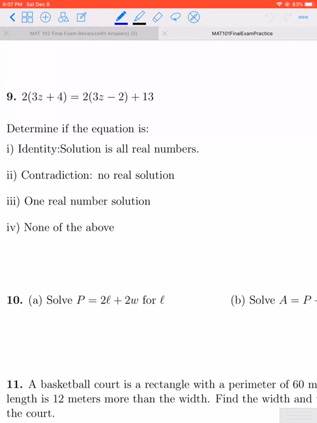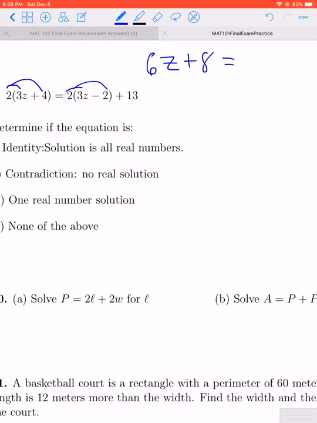Let's go ahead and look at the next one. We want to solve, again, this equation and determine what the solution set looks like. First things first, we want to get rid of the parentheses. This is going to become a 6z plus 8 equals, over here we distribute. That'll give us a 6z minus 4